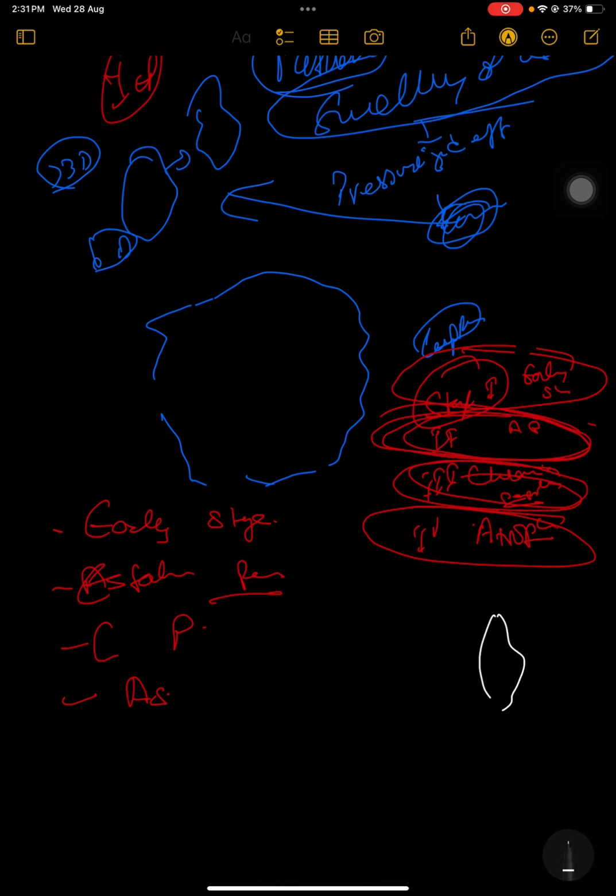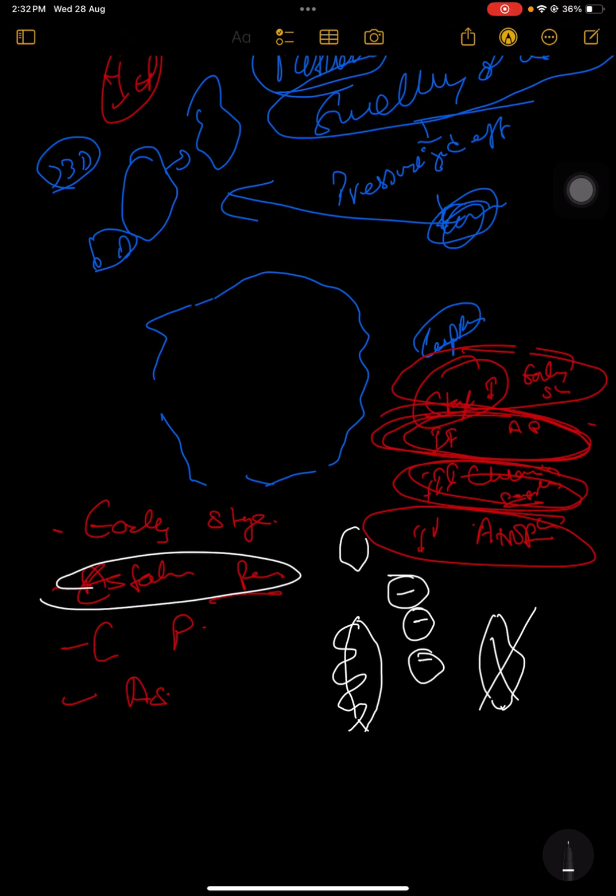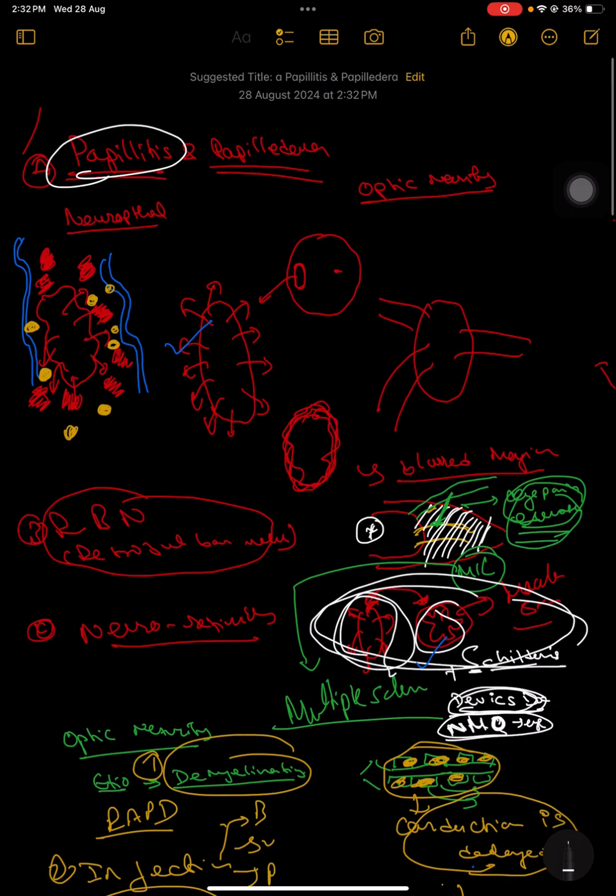So what will happen is, initially the disc blurring occurs from the nasal side. I made this temporal, okay, not this one. Initially the disc blurring occurs from the nasal side like this. Of course there won't be any visual acuity changes, brightness changes, or color sensitivity changes. Everything is normal. Now slowly, in the case of established papilledema, all the surrounding disc will be edematous,